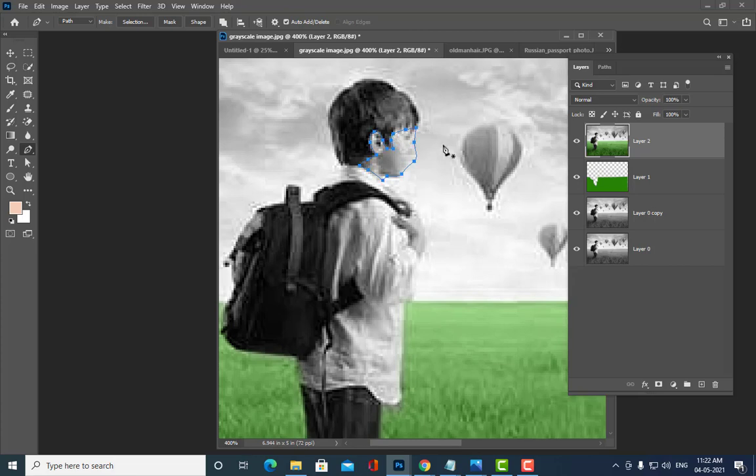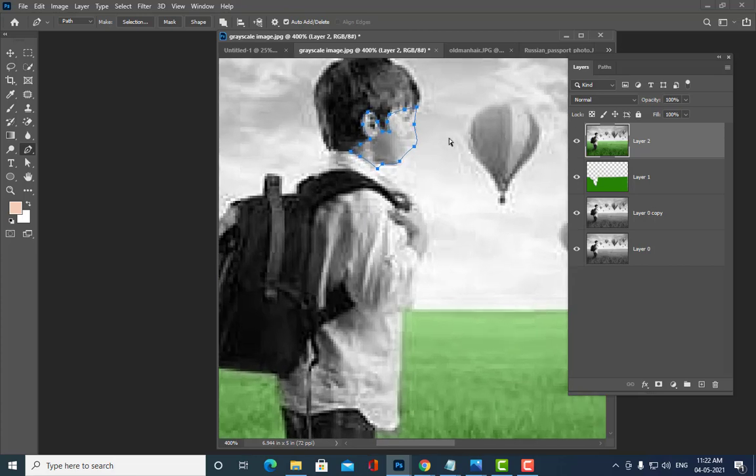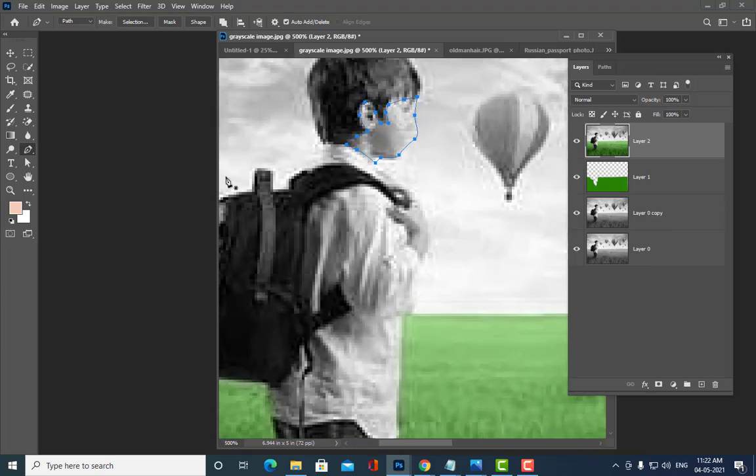So I have selected his face. Actually the image here is of a little bit low quality, so we can do it a little less accurately. And we'll also select this.